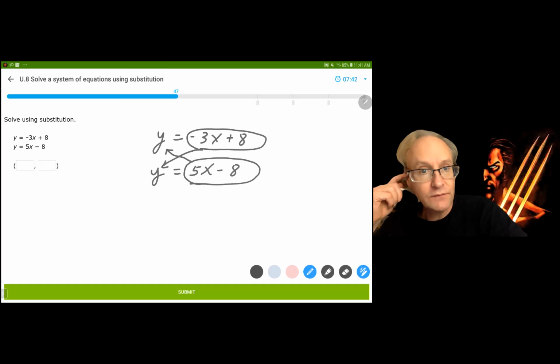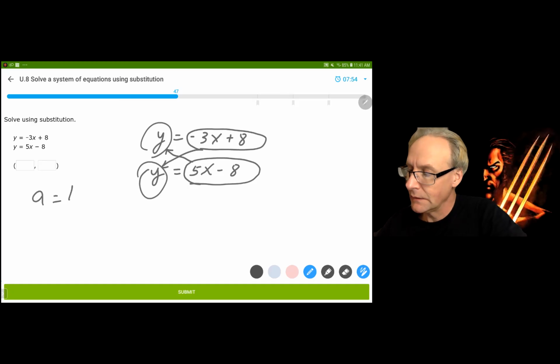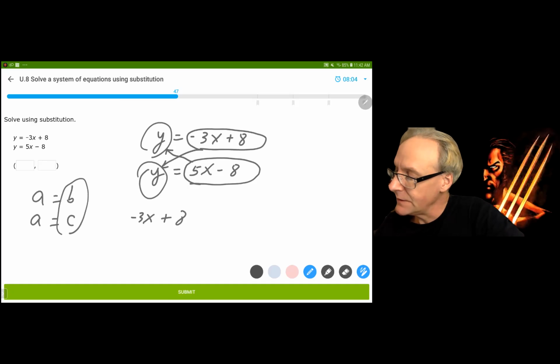Either way, if you have 2 things that are equal to each other, clearly they're equal. If 2 things are equal to the same thing, then they're equal to each other. If A equals B and A equals C, then clearly B equals C. Same type of reasoning. Anyway, negative 3x plus 8 is equal to 5x minus 8, however you want to get